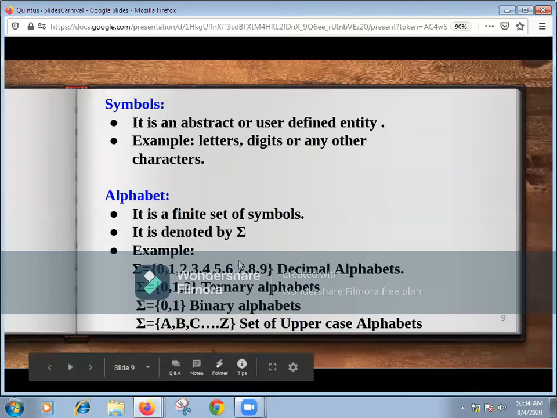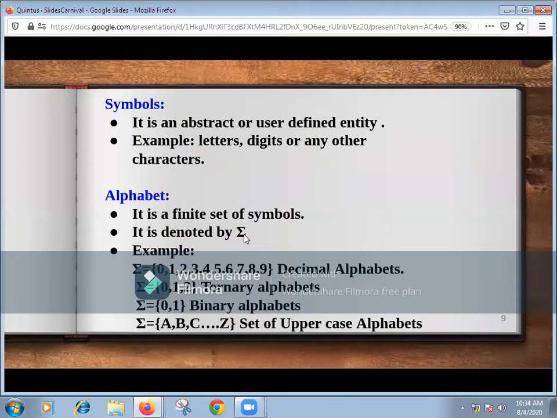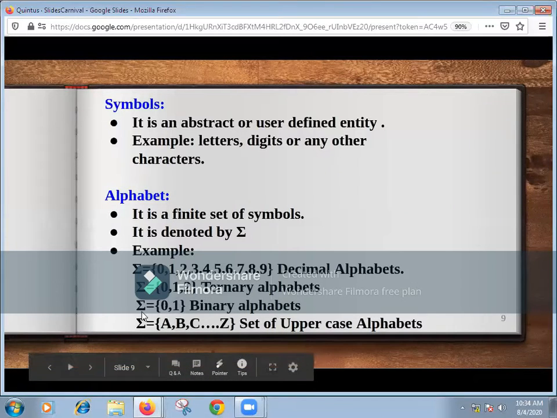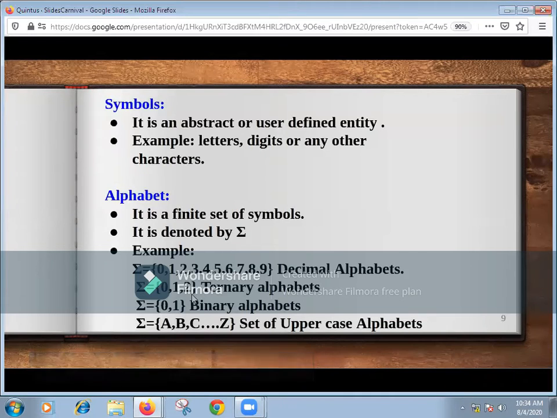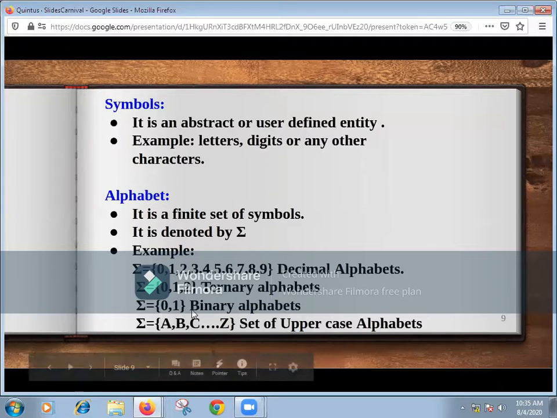Okay, now onwards, if I tell you to write a statement for designing a particular finite automata or particular machine with alphabet 0 1, then what do you have to write? Alphabet equal to 0 comma 1. If I tell you to design an automata for given alphabet 0 1 2, then how will you write it? Alphabet equal to 0 1 2. Okay, in this way you have to practice writing with this notation, that is summation.